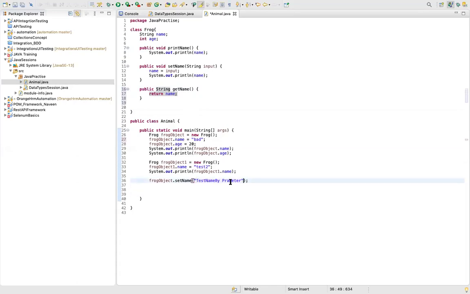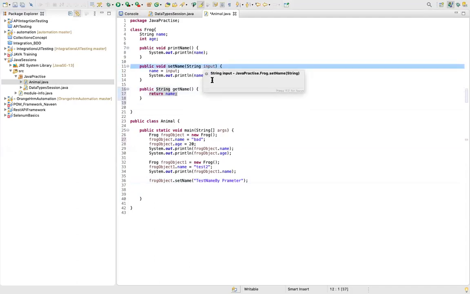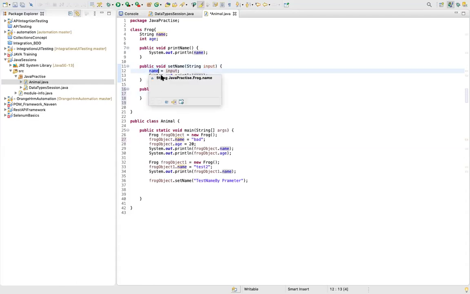Here we are passing the name as a parameter, and we have captured it into our string input. If you have a lot of methods, it is quite confusing: you want to set the value of name, and one variable is name and the other is input.